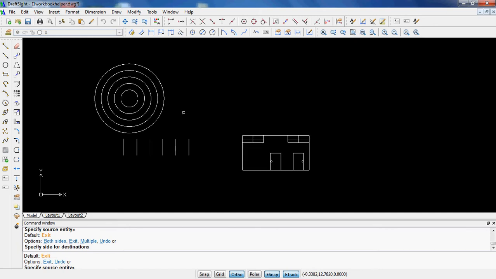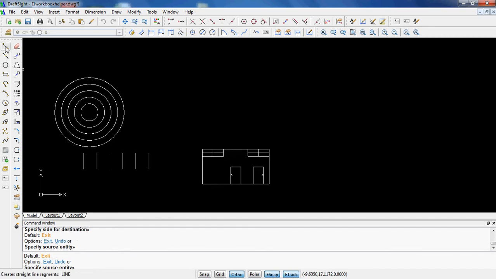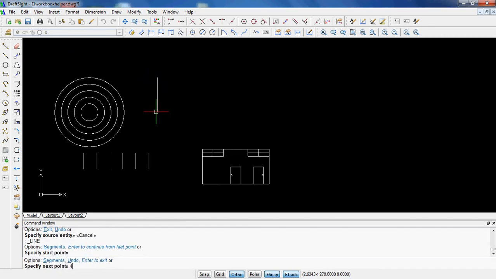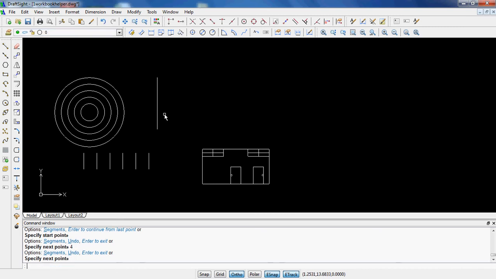So a lot of times, here's what I want you to try and do. See if you can draw a 4-inch box drawing only one line. Okay, and here's what I mean. So let's see, I'll draw a line that's 4 inches, and that's going to be the only line that I draw to make my 4-inch box. So I can use offset,